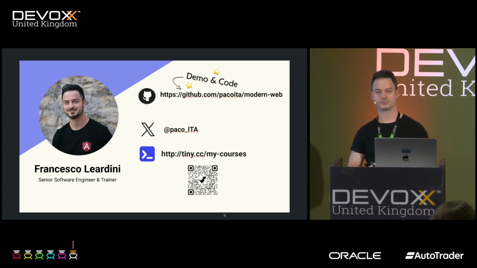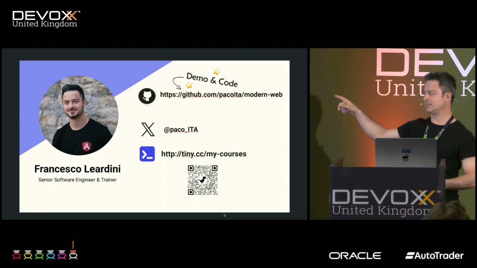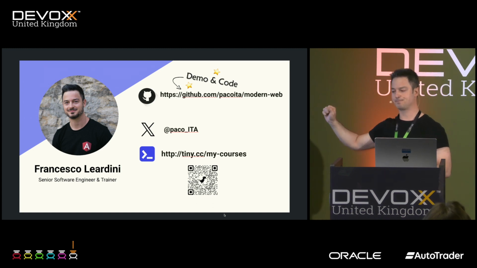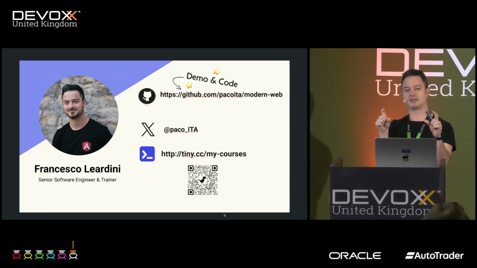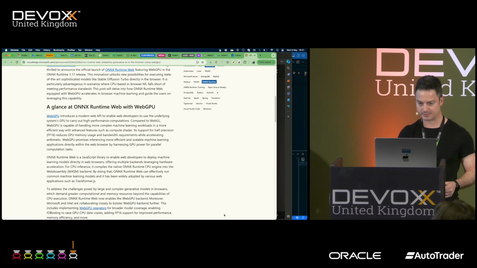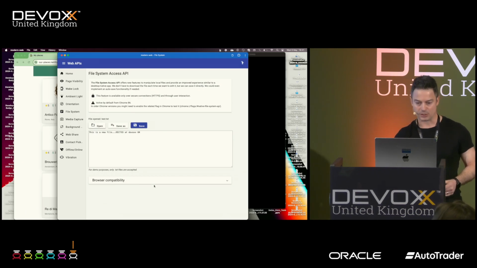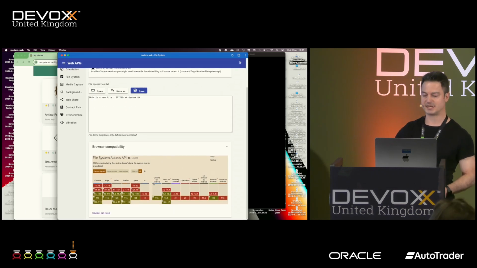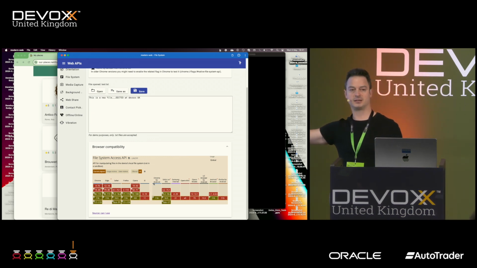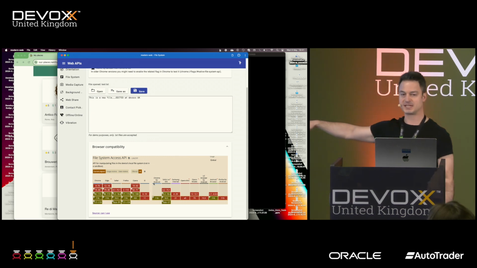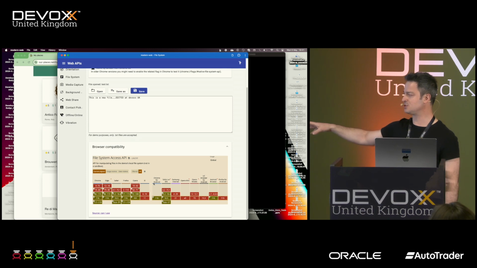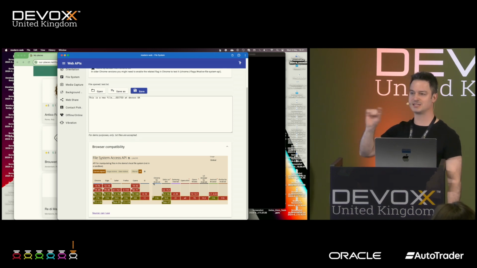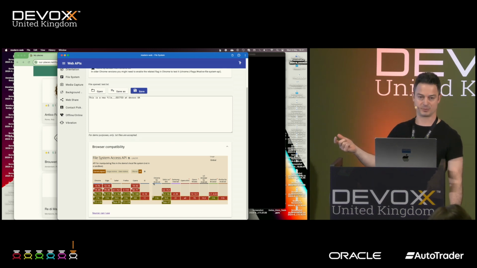Is that part of the specification for those APIs, or is that decisions taken by Chrome, Safari, Firefox, etc.? Yeah, we didn't see it, but you can see in the demos, in the lower part, you always have a chart from a Can I Use website, which gives you per browser what the compatibility is, whether it's possible to use it or not.